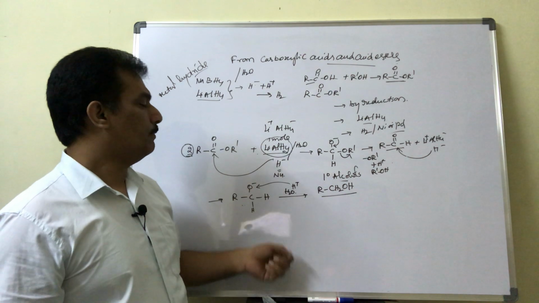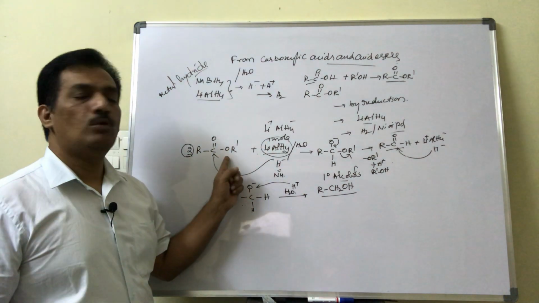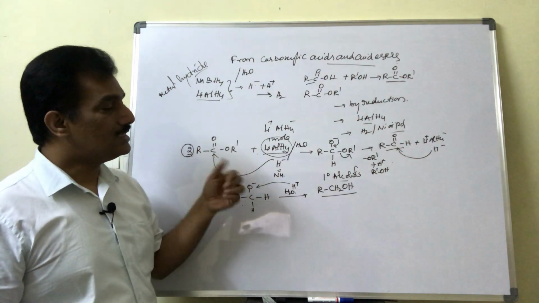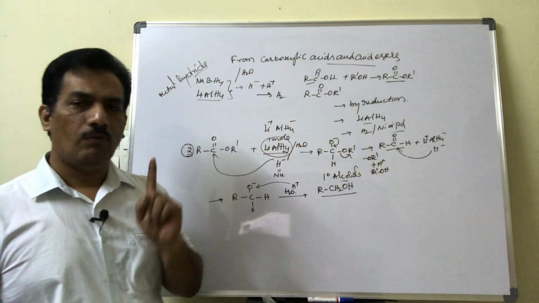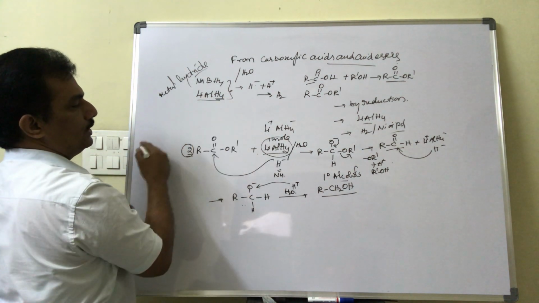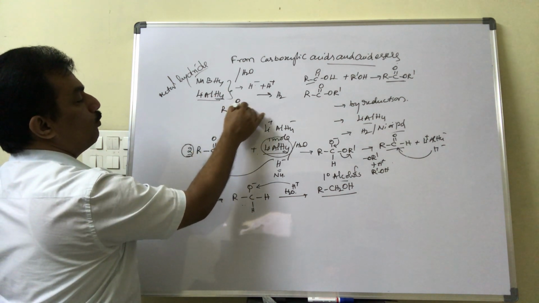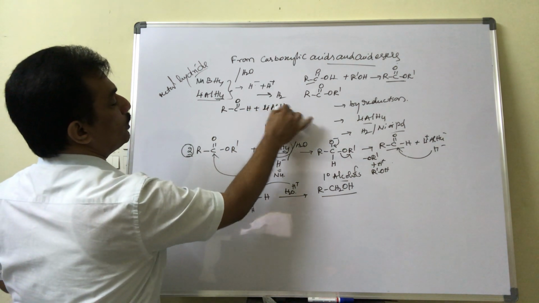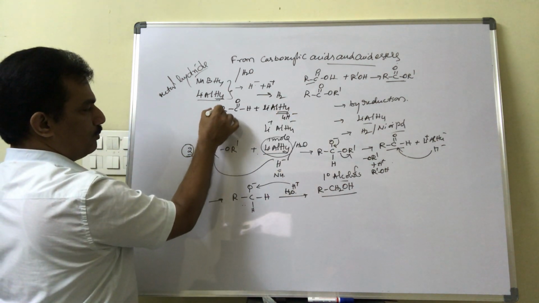And the next condition is here 1 mole of lithium aluminum hydride can reduce 2 moles of esters. Clear? And in the previous case, if it started from aldehydes or ketones, 1 mole of lithium aluminum hydride can reduce 4 moles of carbonyl compounds, because it is able to release 4 H-, and each one can reduce one carbonyl, and thereby 4.